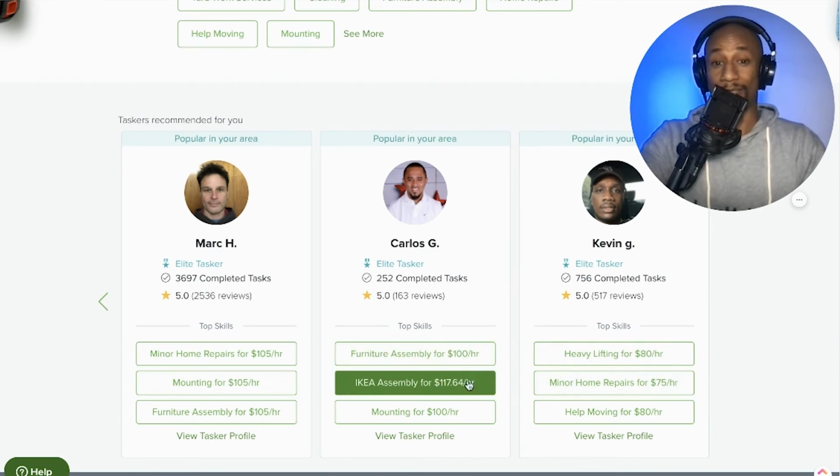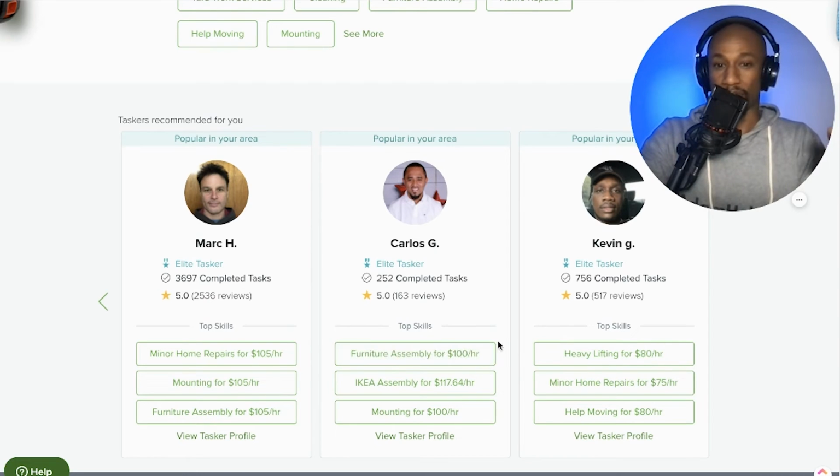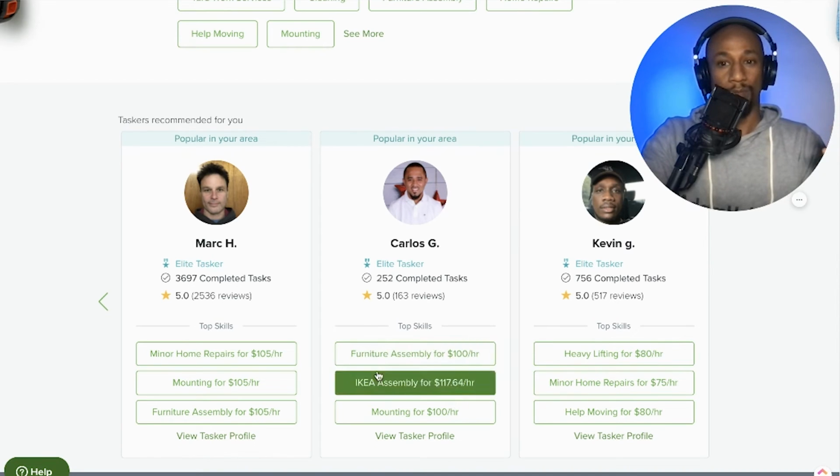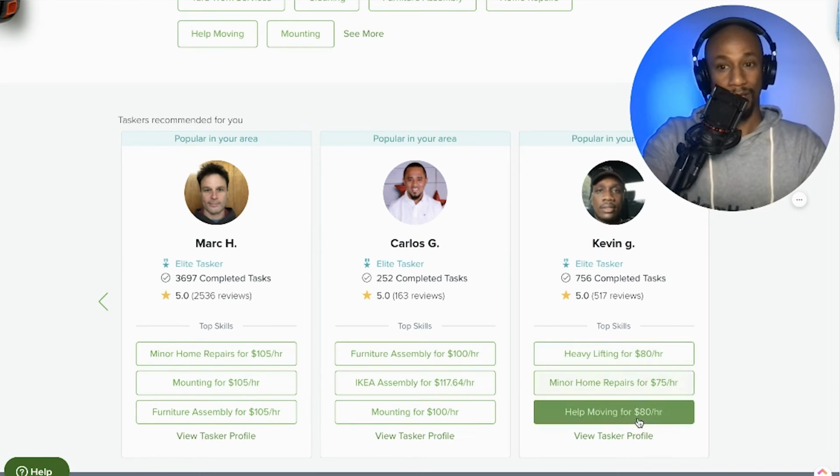Would I have them this high? Now, if it was my only source of income, probably not. With this total number of completed tasks, I personally would probably have it a little lower, just so I can have more completed tasks under my belt to help build up my credibility and make me stand out more, along the lines of someone like Kevin, who's done over 500 tasks, and he's still being smart